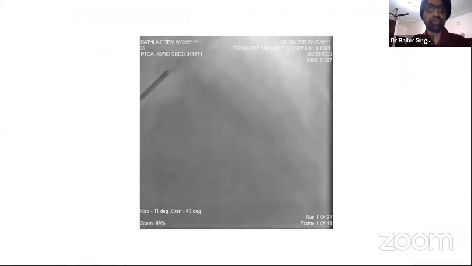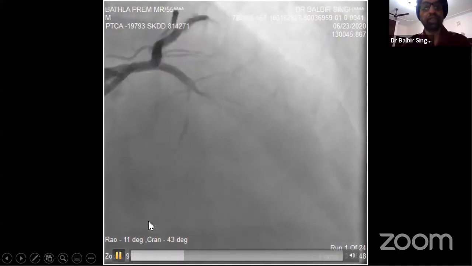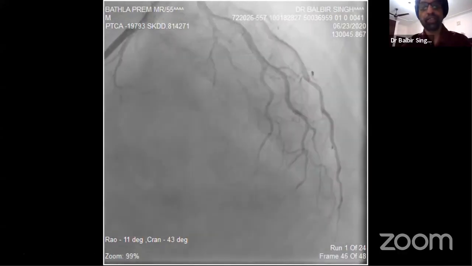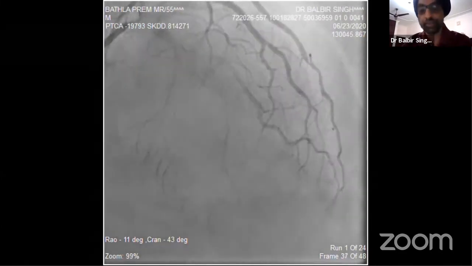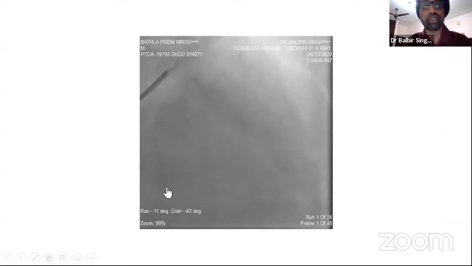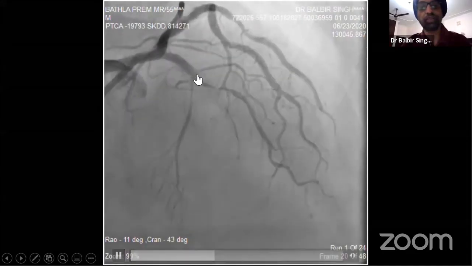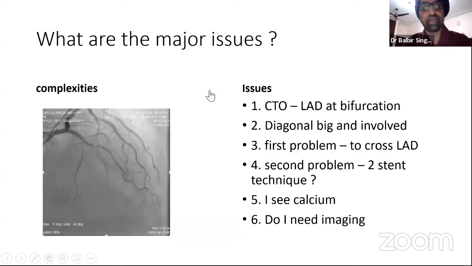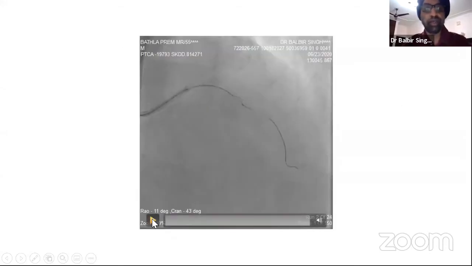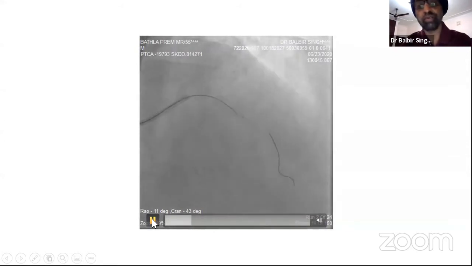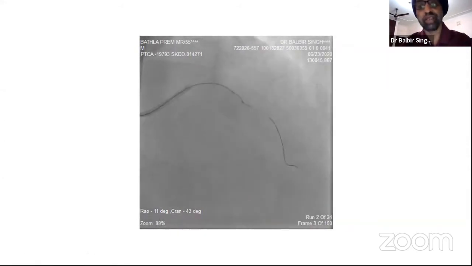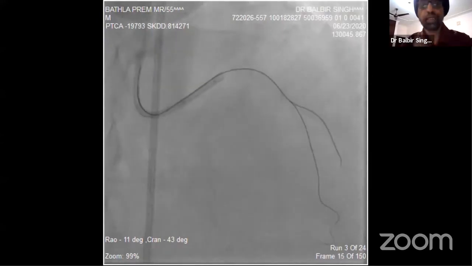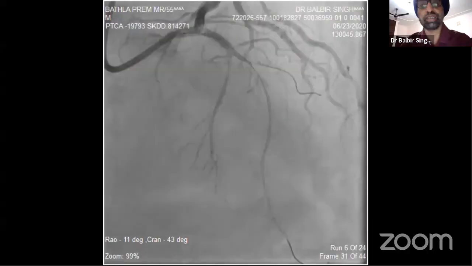And let's look at a case. This was a 68-year-old gentleman who had a CTO of the LAD and a tight diagonal disease. We also see calcium in the proximal part of this vessel. He also had a right coronary lesion. So this is the LAD, which was crossed with a Crusade, and we now had 2 wires, and we were able to cross the LAD with difficulty, but we closed the diagonal. So we recrossed.